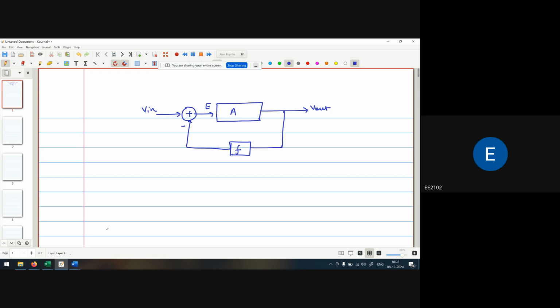Okay, so if we are talking about the relation between the E and V out, it is E